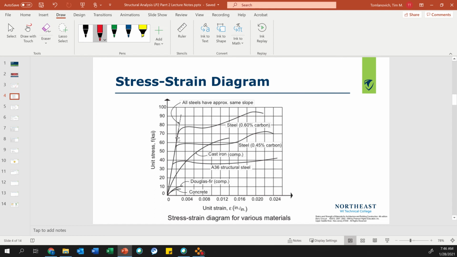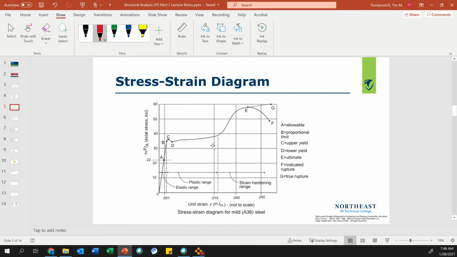Okay, and then all of a sudden, what happens here is it starts deforming. See, it starts yielding. So the load doesn't increase, but it starts deforming, and we get something called strain hardening, and also we have an ultimate stress, and then it ruptures. So you can kind of see these are the stress strain diagrams of different materials. Okay,